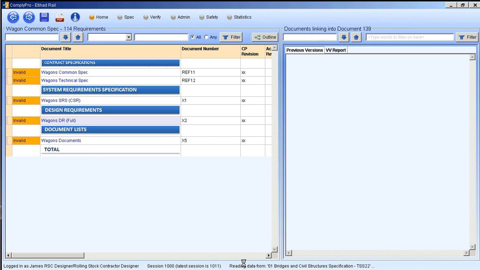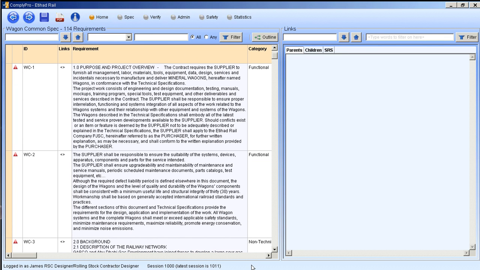Now I'm just waiting for it to load, and you will see a status bar at the bottom telling me what it's doing, so I can be sure it's still actively loading based upon the button that you've selected. Now, I've loaded up a set of data into this window. It tells me what this data is. Indeed, I knew I clicked on the Wagon Common specification, but that will tell me that just above the